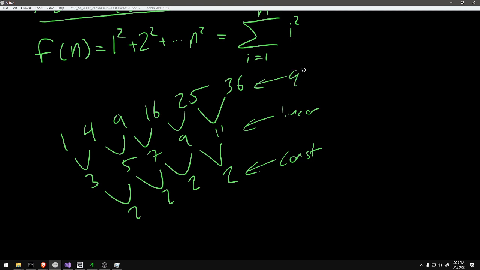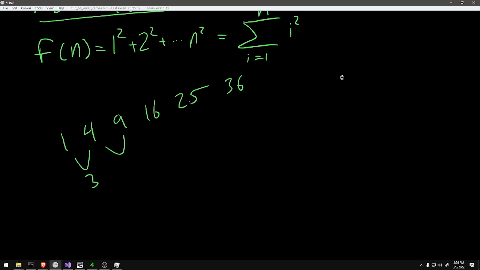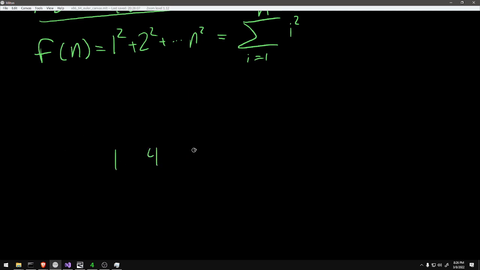This is quadratic. And if we were looking at a cubic, we would see the same thing. There'd be sort of these tiers to how the growth looks. So whenever we're increasing by squares like that, 1, 4, 9, 16, 25, if these are the gaps between like